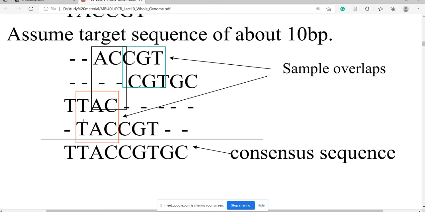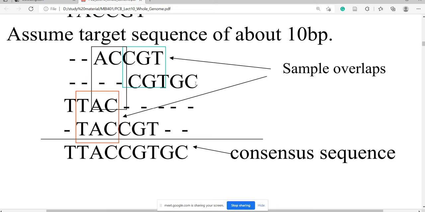Then what will come second? TAC. This is the second in order. Now which one is the third? ACC. What we put as the first fragment should come third in order. Then this is the fourth one. The second fragment is the fourth one, and we can assemble these together according to this order.